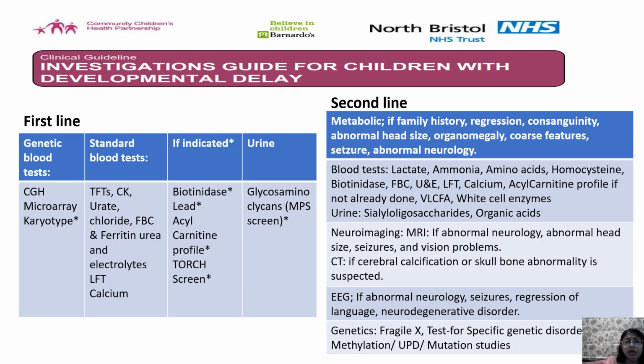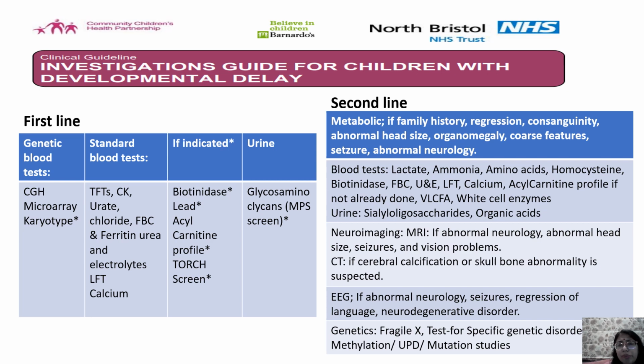So what does that mean? That the first line tests are the genetic blood tests like array CGH, microarray, and karyotype, and the standard blood tests include the thyroid, the creatine kinase, the urate, and all these. Then the starred ones like biotinidase, lead levels, acyl carnitine profile, or TORCH screen are done if indicated by history and examination, and you do a urinary glycosaminoglycan for MPS screen if guided by the history and examination. And it says that you do the metabolic profile as a second line if there are pointers